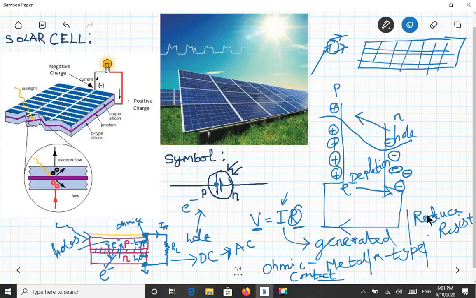But in the case of disadvantages, the cost of installation of a solar panel is high, and another important disadvantage is that only if the sunshine is bright will you get a good amount of electricity generation. You cannot get that much in the winter season or in the rainy season. So that's one of the biggest disadvantages. And another thing, it needs a lot of space.